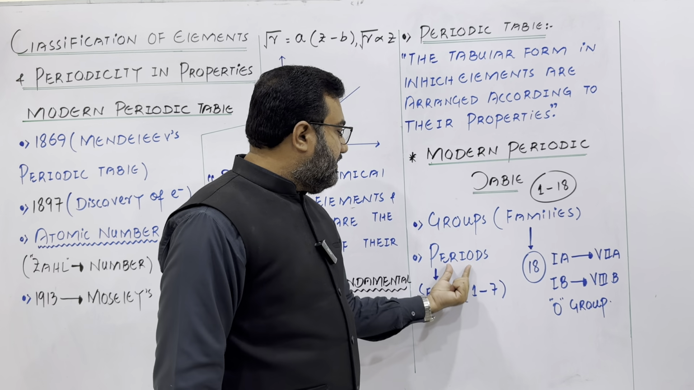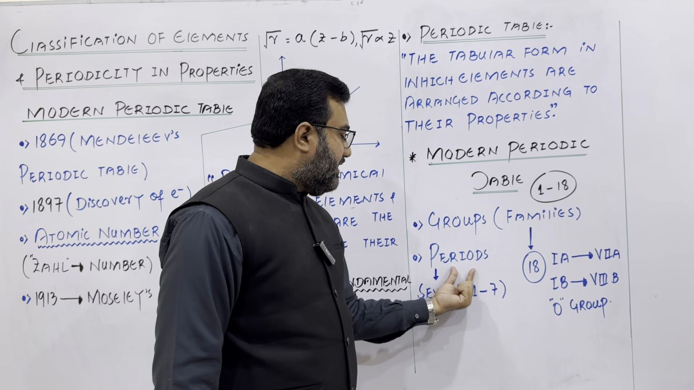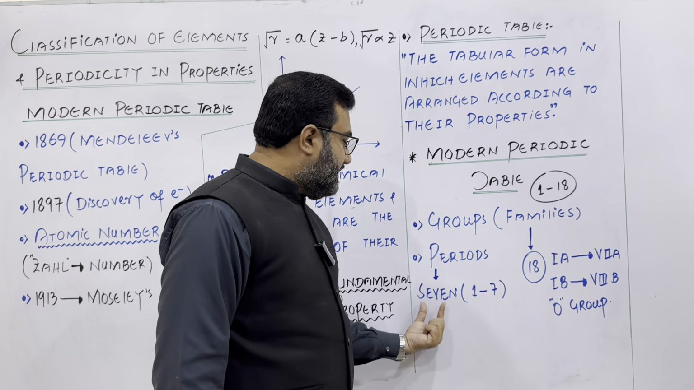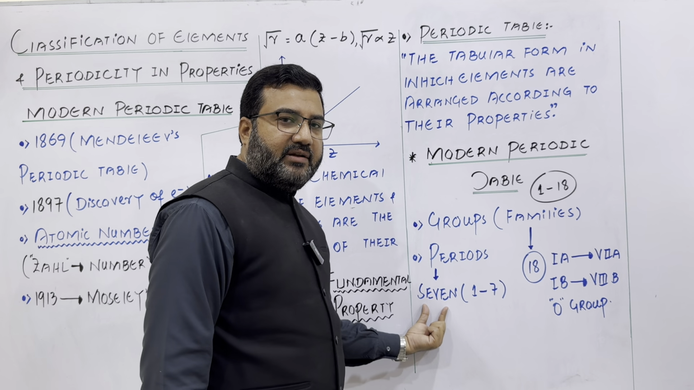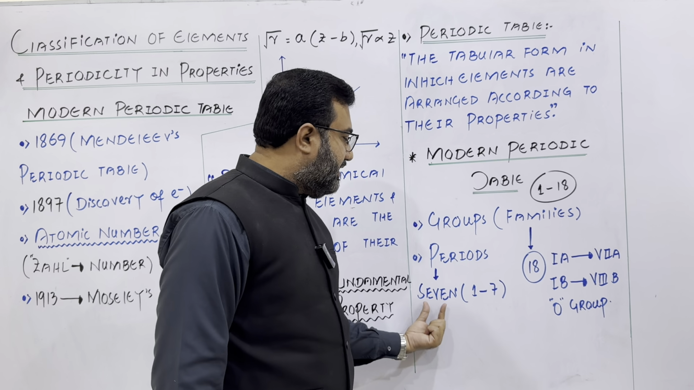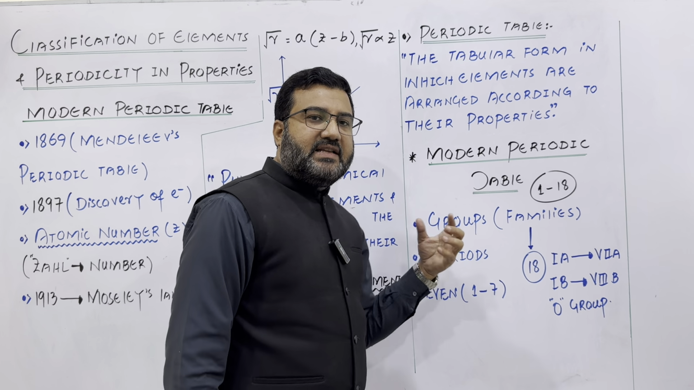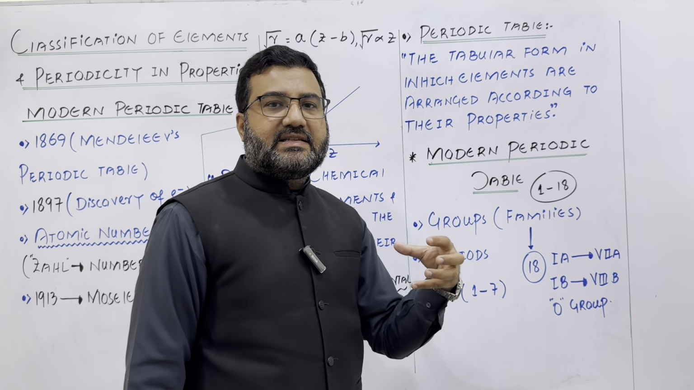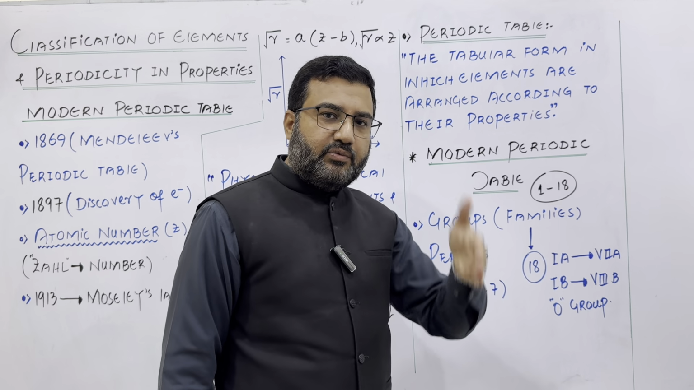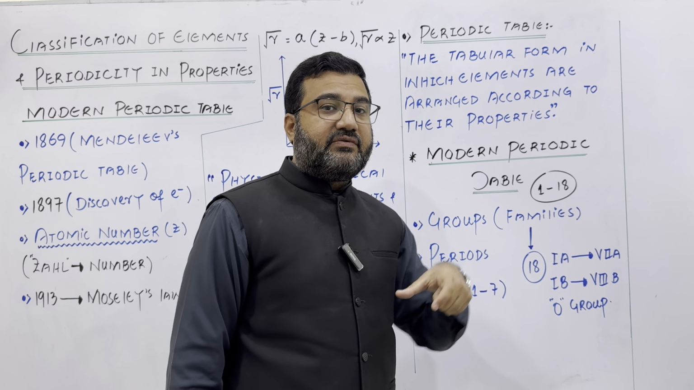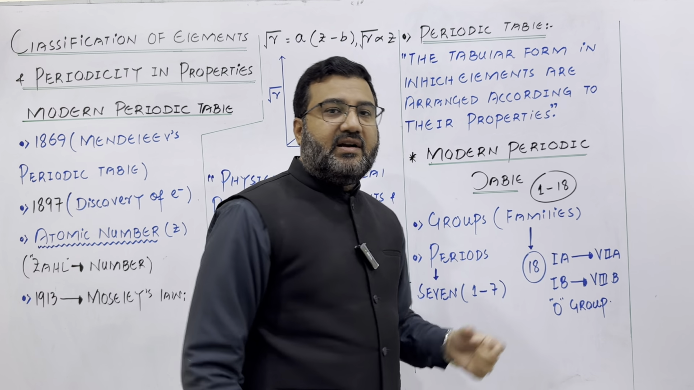Similarly, there are horizontal rows in the periodic table, and these horizontal rows are called periods, and there are 7 horizontal rows in the periodic table. There are 7 periods in the periodic table starting from 1 to 7. The group number is basically the number of valence electrons in that group. Group number shows the number of valence electrons in the members of that group, and period number, that is related